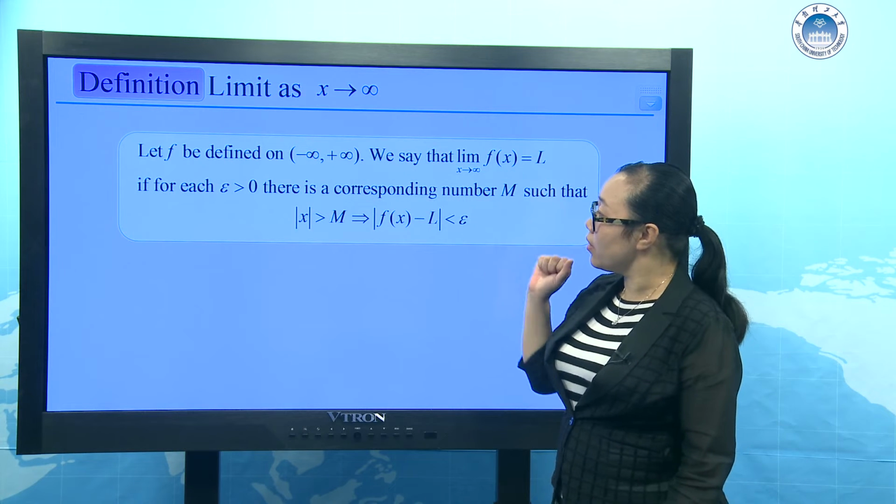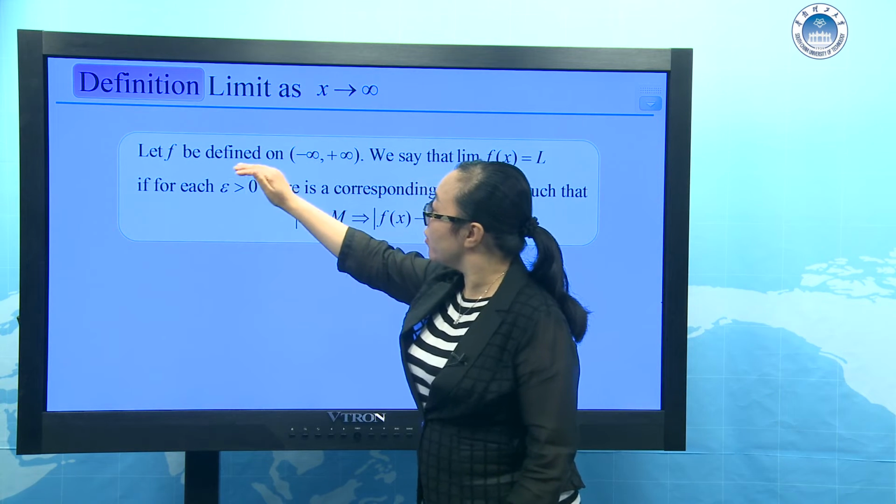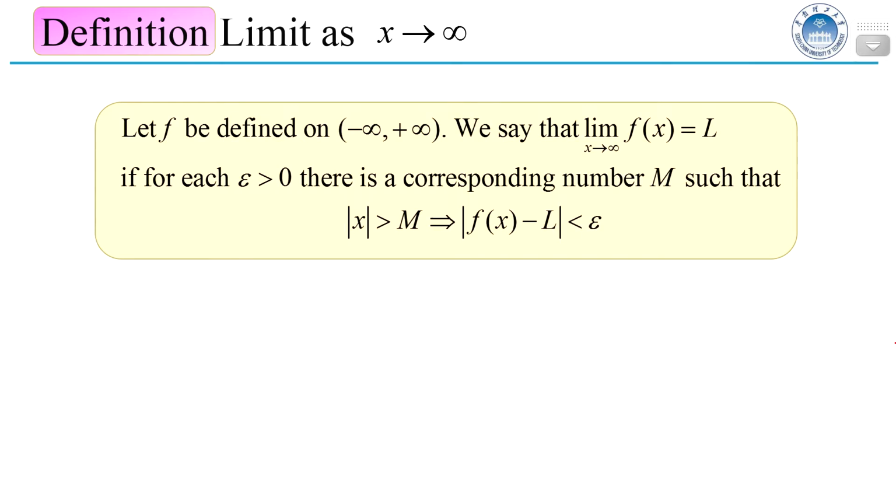So now look at the definition. Let f be defined on the real numbers, meaning minus infinity to positive infinity. We will say the limit of f(x) equals L, meaning x tends to infinity, including two cases,